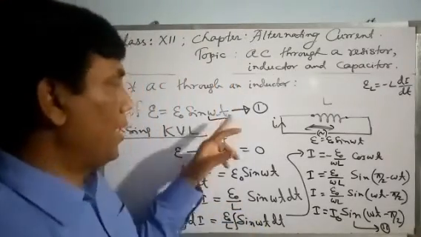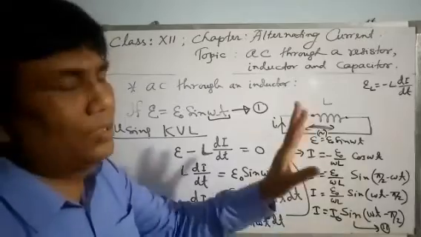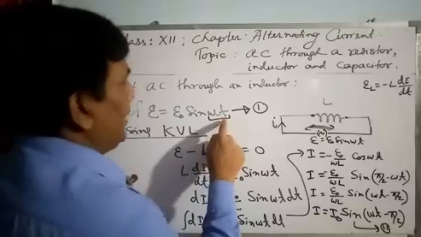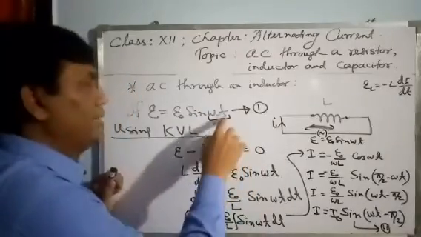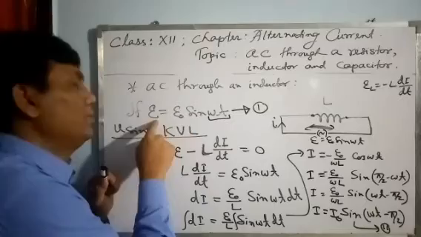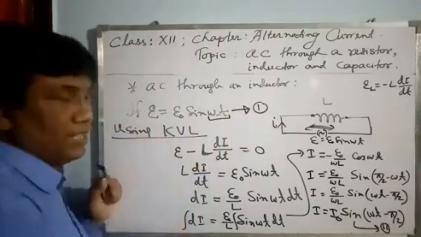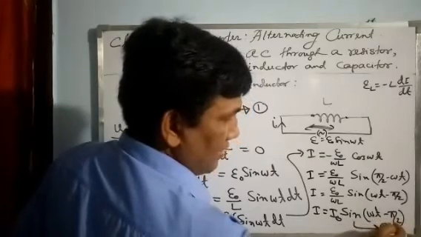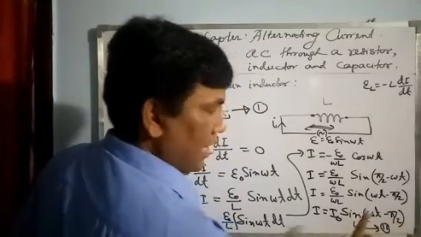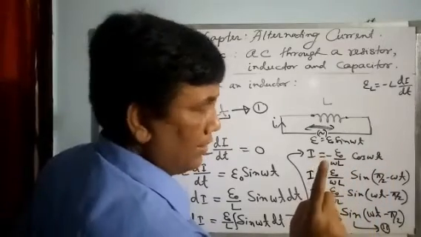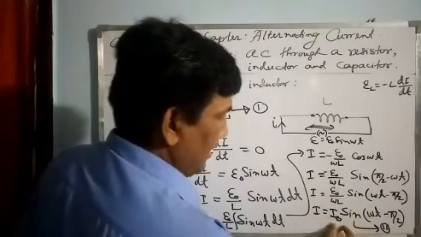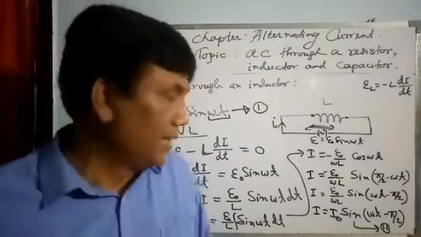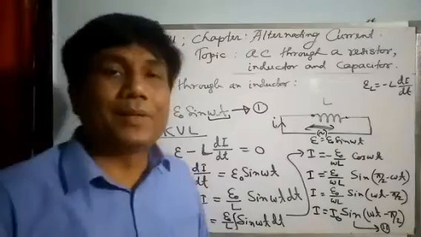It means when voltage is 0, current is not going to be 0, it will be something else. Let me see, at time t equal to 0, E will be 0, na? Sin 0 is 0. So at t equal to 0, voltage is 0. Now for the current, at t equal to 0, it will be sin of minus 90. So sin 90 is 1, so I will be minus I naught. I will be maximum, meaning when voltage is 0, current is maximum.